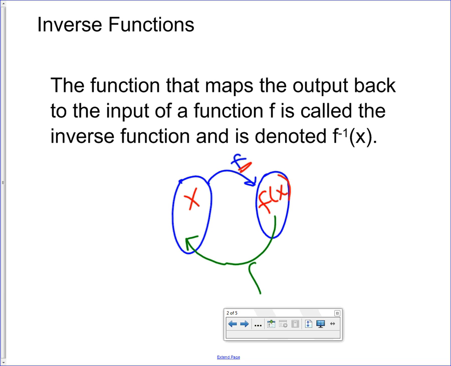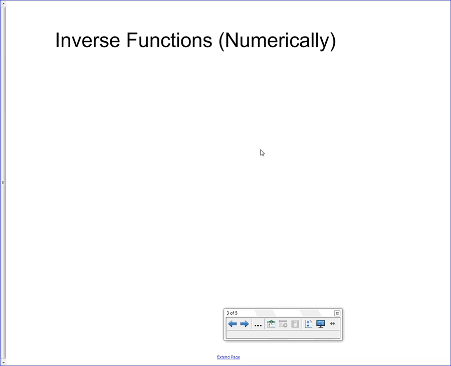So the notation for this is that -1 exponent. We read this f inverse of x. And we've seen that -1 notation before with matrices. It means inverse. So f inverse of x is going to take the outputs, send them back to the inputs. So the first type of inverse function we're going to calculate is a numeric